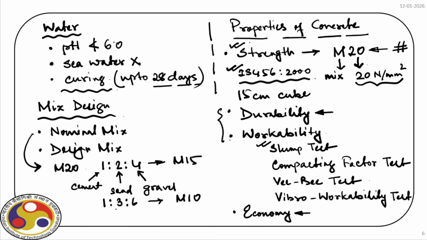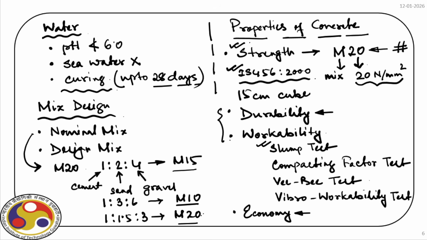If we change the proportion to 1:1.5:3, we get a strength of M20. So these are mass concretes used for construction, and for them we can use these predefined proportions, and we don't need to recheck their strength, because if we strictly follow these proportions, we get the desired strength, as you can see on your screen.